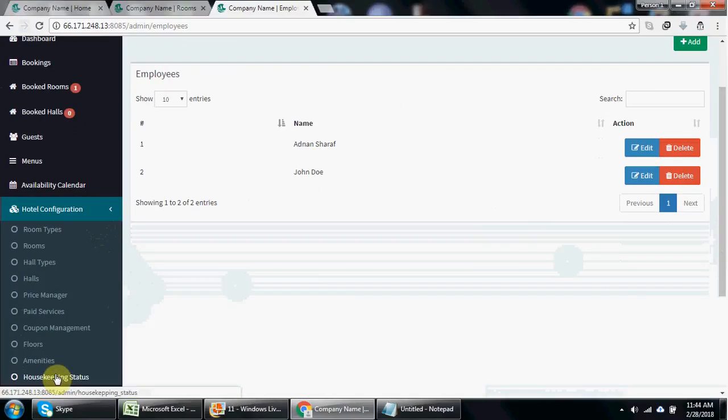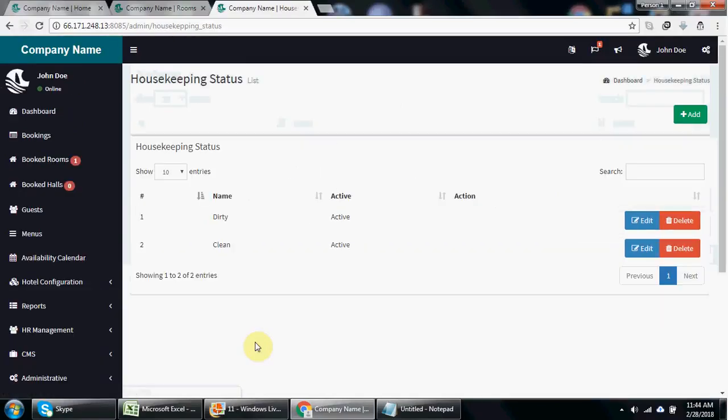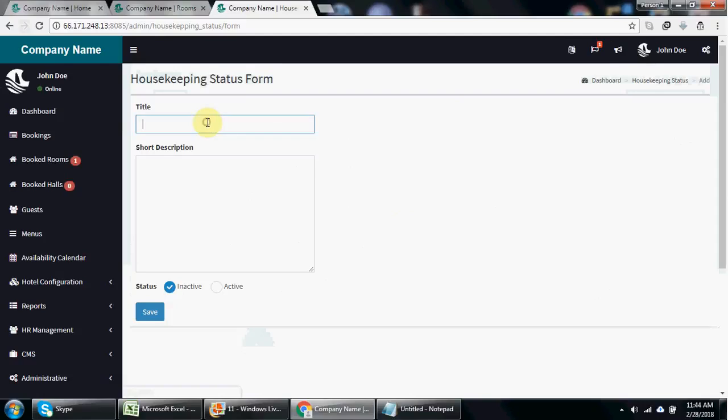And by the way, if you need to go to the housekeeping status, we can add as many statuses as we want. Right now I have only created dirty and clean, but we can add anything like